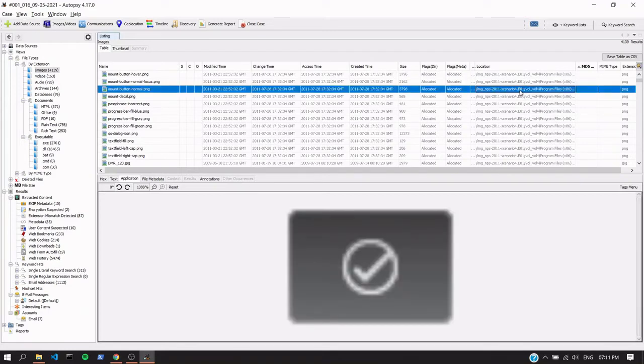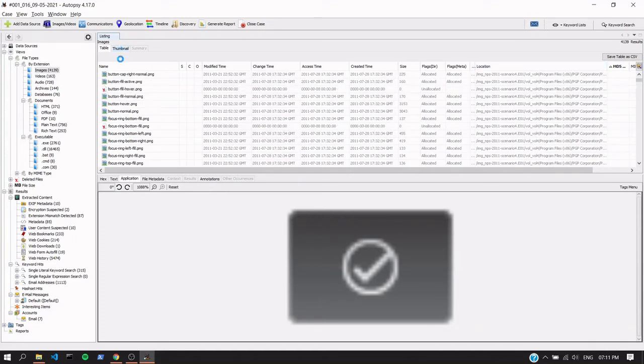You can see this part as the C drive, and following that, it says Program Files. The clue for us is that Program Files are only present in Windows. So the image is of Windows. We can conclude that from here.